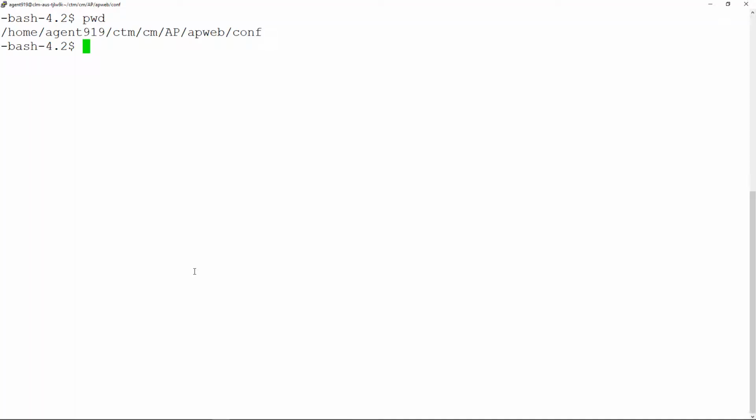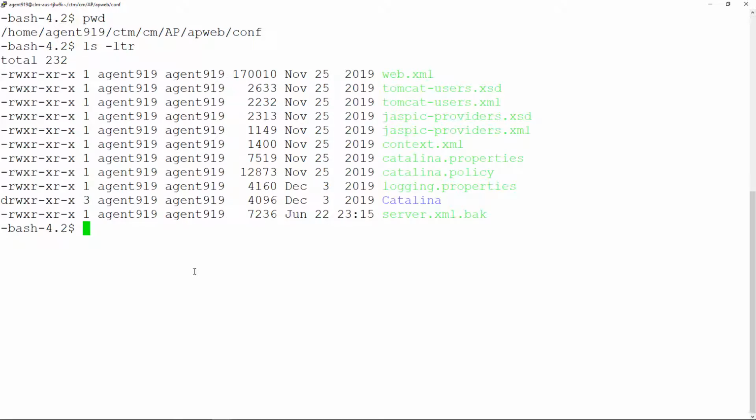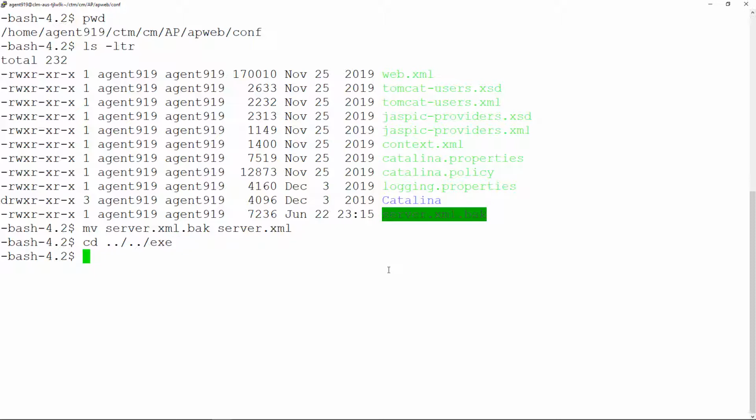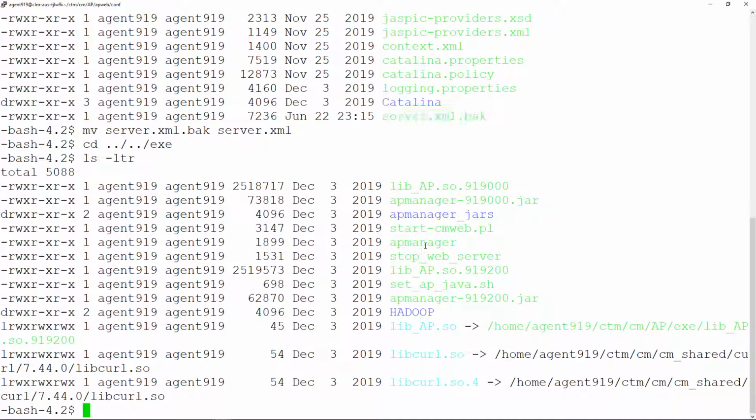Okay, back to the agent machine, and we are in the directory where the configuration file must exist. Let's list files, and we will see that the server XML configuration file doesn't exist. However, we have a backup file. So let's rename the backup file. Okay, and now let's go back a couple of directories, and then we change to the exe. And from here, let's list the files here. We want to execute this AP manager